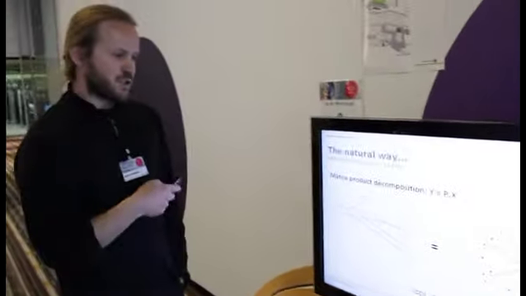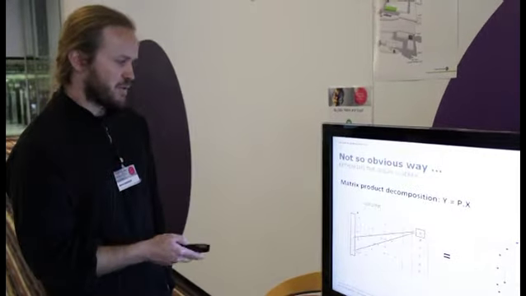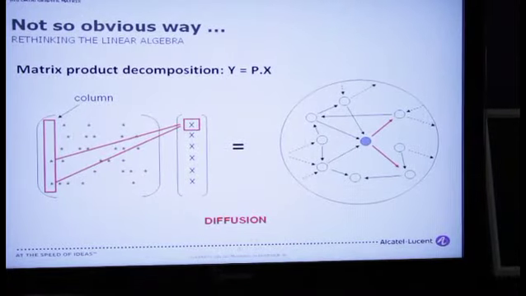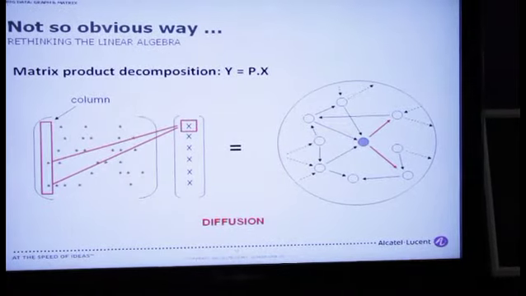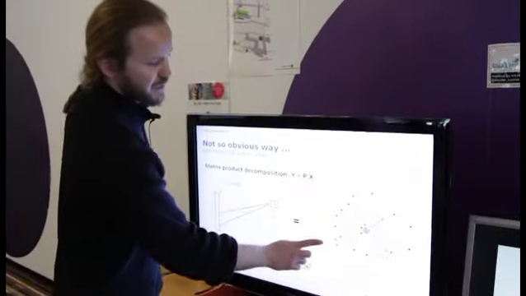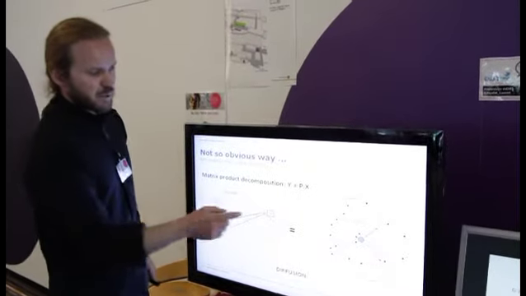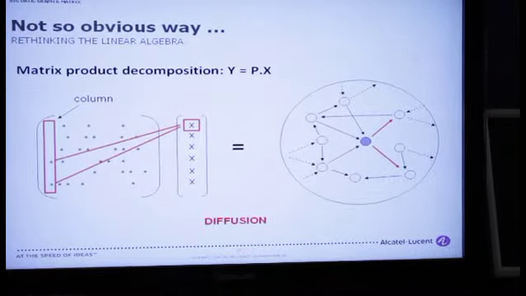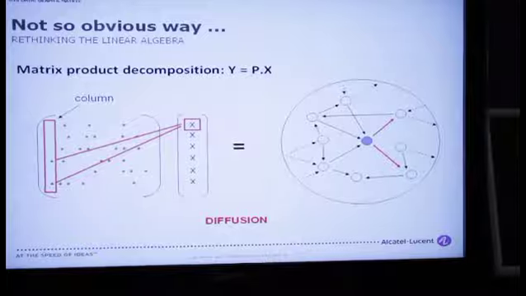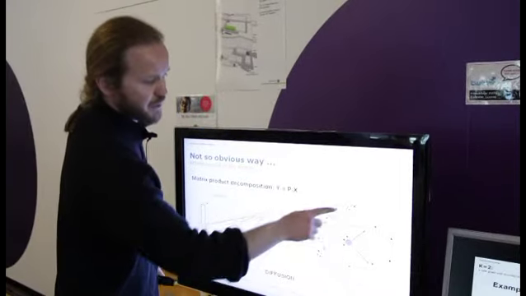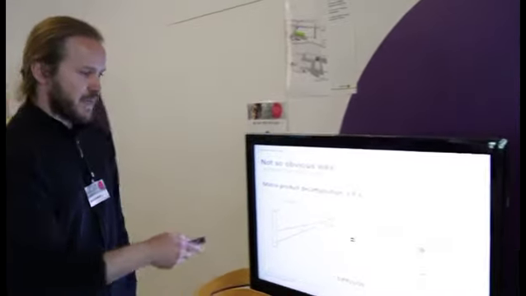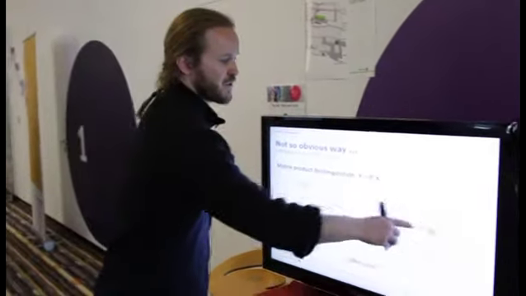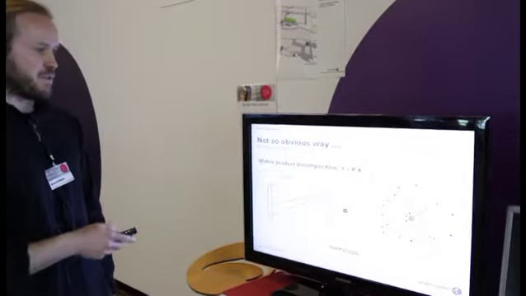What we did is we chose a completely different approach. We used the columns of the matrix instead of the rows. Using the columns of the matrix is like saying, I'm interested in the outgoing links of my nodes instead of the incoming links, which is kind of equivalent, because instead of collecting the score from the pages pointing to you, you're diffusing your score to the pages outside. We have found that this method allows us to have strategies which make it much more efficient than